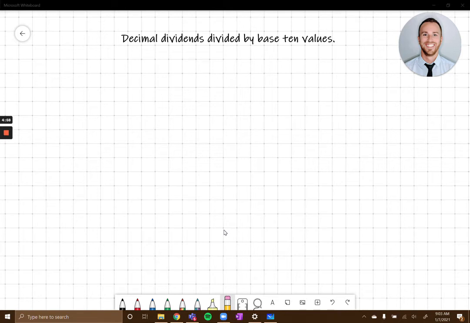Hi guys. Today we're going to talk about dividing decimal dividends by base 10 values. And you're going to see it's basically the same thing as dividing decimal values by regular numbers, except we're going to come up with a little trick for if our divisor is a base 10 value. So like 10, 20, 30, 40, 50, and so on. Okay, so we're going to look at an example problem,